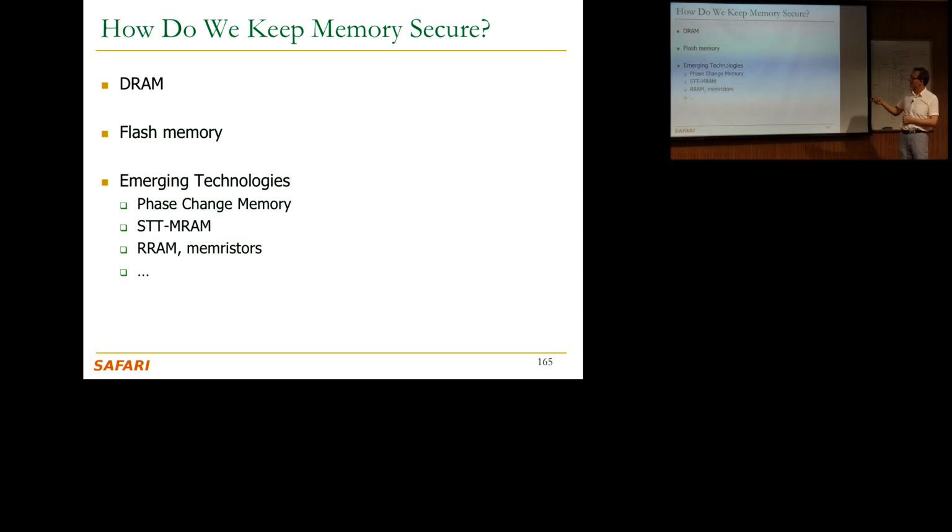Basically, we've talked a lot about DRAM. There's a lot in flash memory. And there are a bunch of emerging memory technologies that some of you are working on over here. And I think these all have their reliability problems, which could pose themselves as security vulnerabilities, especially these ones, because these ones are going to be very close to DRAM very soon. Or maybe they'll replace part of DRAM very soon.